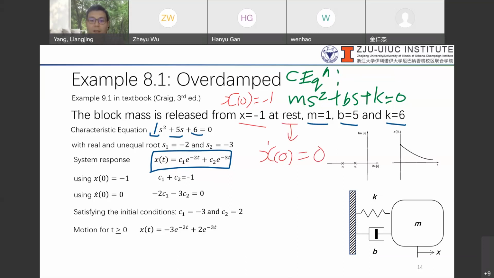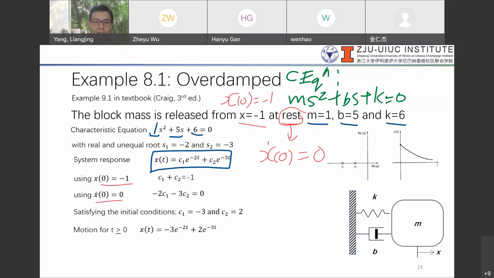Okay, at rest. That means initially it's not moving with any velocity. It was being pulled. Okay, you pull it to -1 and then you release it and it will start to move over time. Okay, so now you put in these two values,